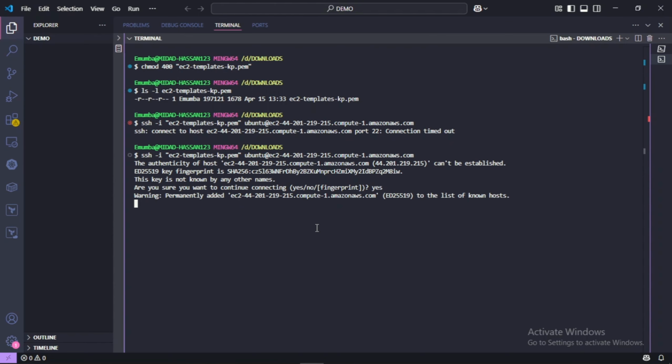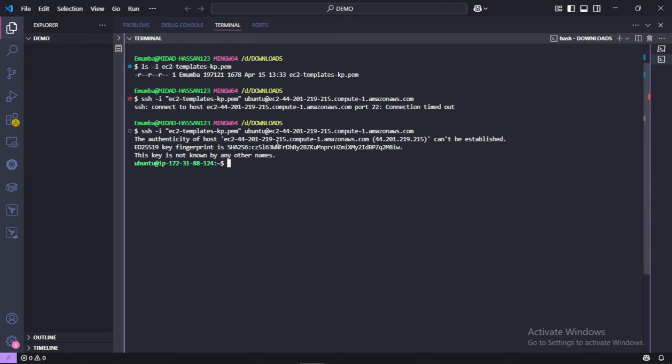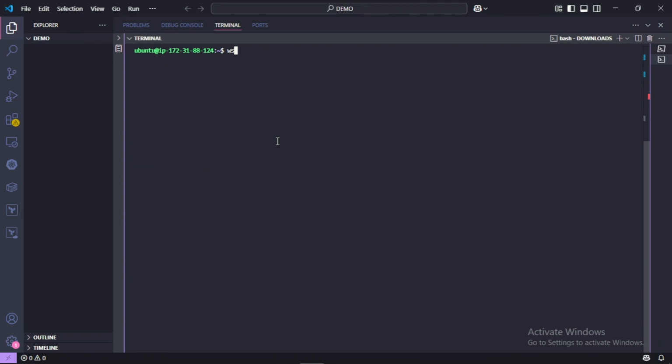Yes. So yeah, now I'm connected to the particular EC2 instance. So there was a problem with the security group. So let's verify the contents of S3 as well, AWS S3 LS.